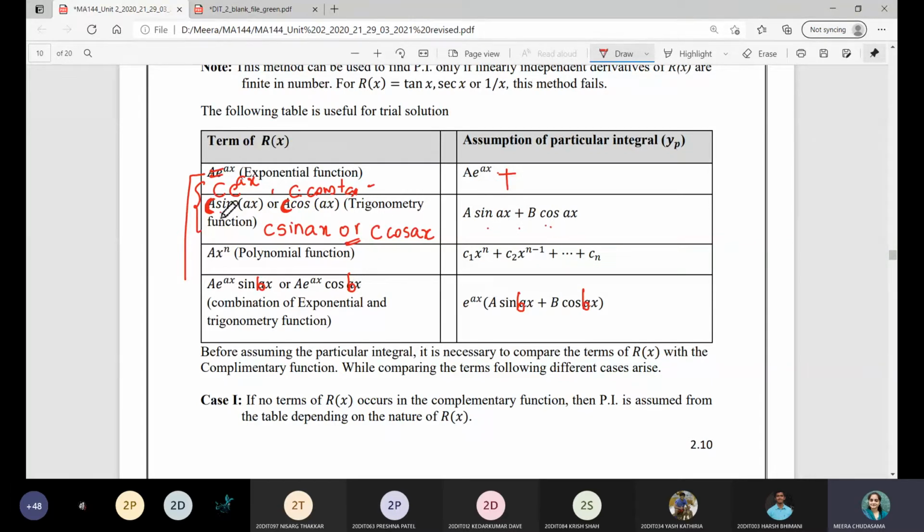So here you are given sin 5x as another function on the right hand side. So corresponding to the exponential, this particular integral, plus corresponding to the sine, this particular integral will come. Since a is already involved in the first choice, here we will change the role of constant quantities. So what will it be now?